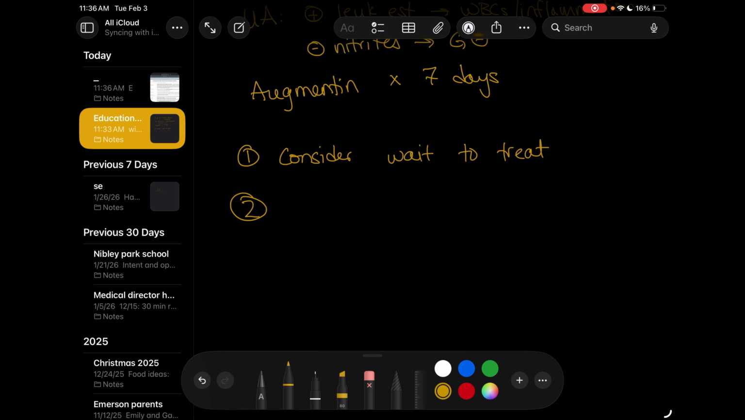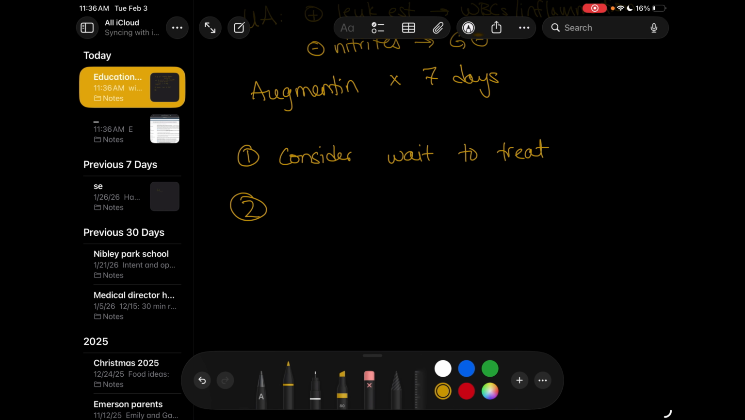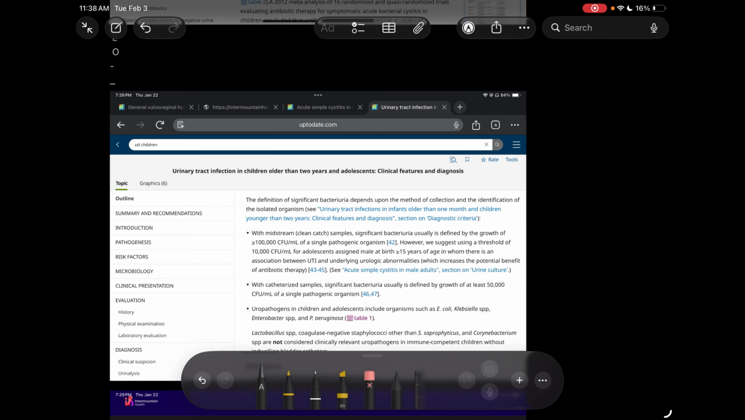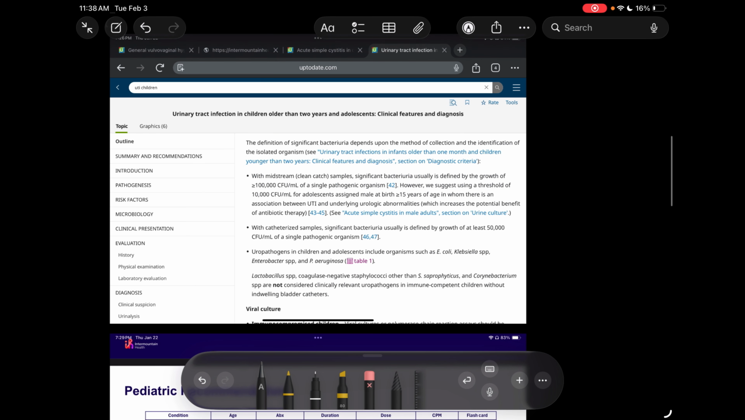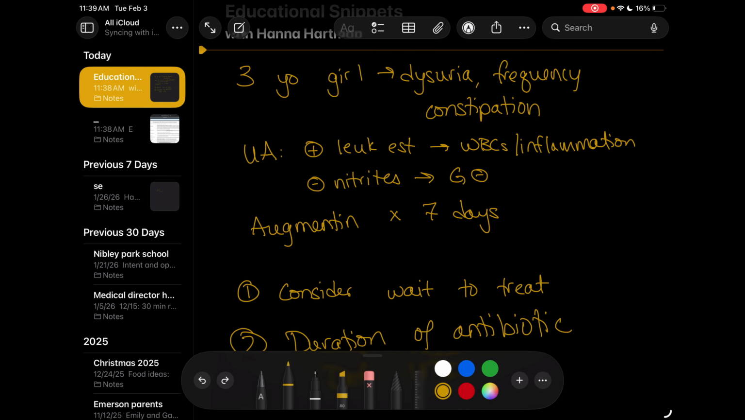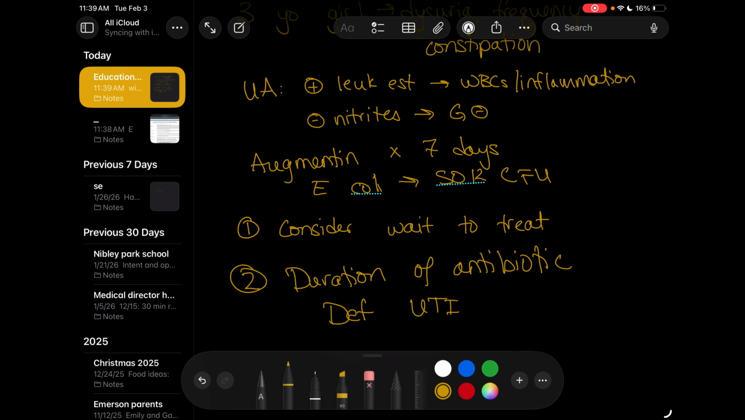The second point I want to make is the duration of antibiotic therapy, and also just the definition of UTI. The definition of a UTI in kids and adults too is greater than 100,000 CFU of an organism, as long as they're not immunocompromised or something like that. In this situation, the urine culture actually came back with E. coli, and it was 50,000 CFU. So it didn't quite meet the actual definition of